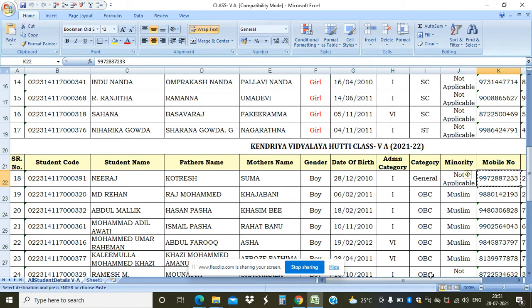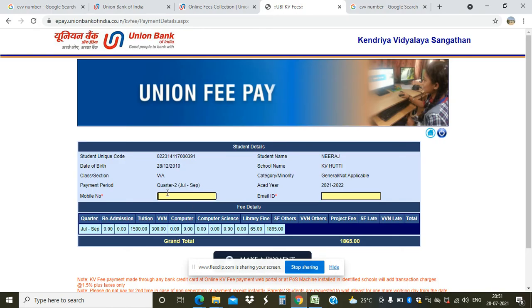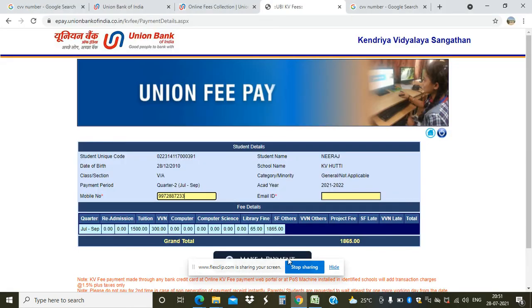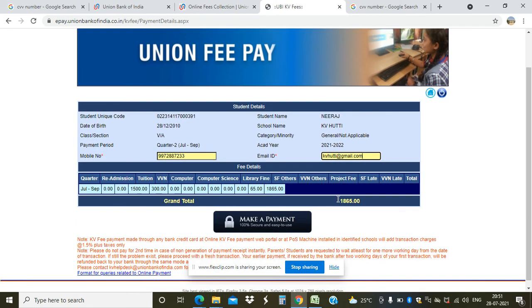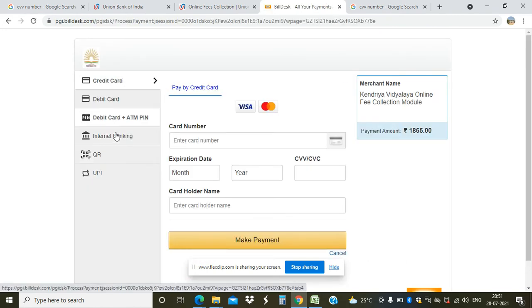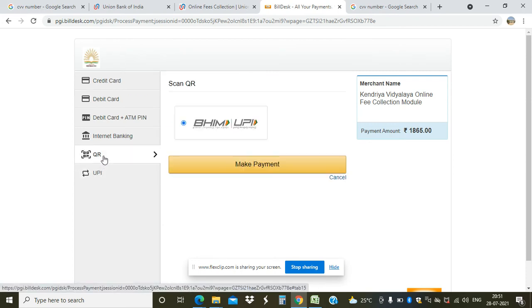Again, we are on this page, so there are the mobile number and the email ID. Make a payment and we will be directed to various options. Here, the fifth option is QR code.